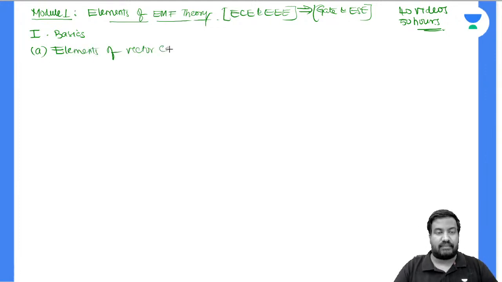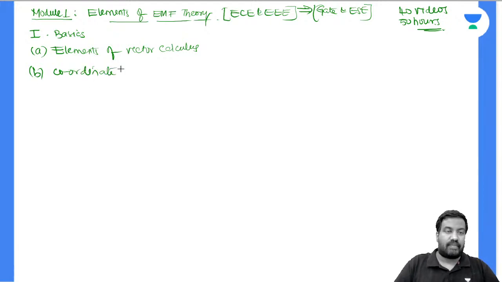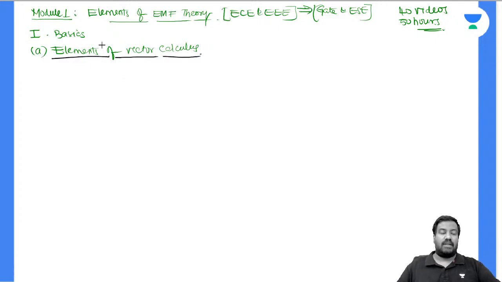Elements of vector calculus and coordinate systems. Let's discuss elements of vector calculus. It basically includes understanding of terms like scalar, vector, unit vector, how vectors are added, that is vector addition, how they are multiplied, that is vector multiplication, basic laws of vectors, del operator and its properties, and vector identities. All this put together is elements of vector calculus. This was beautifully explained